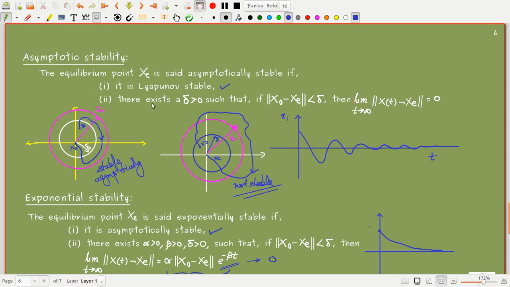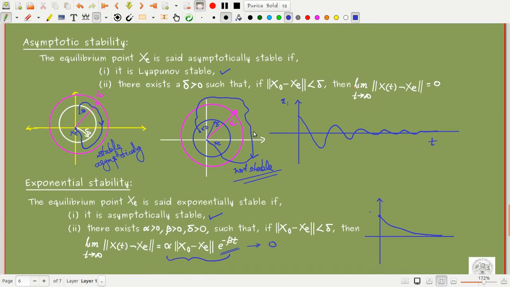That means it is not that the solutions have to reach the equilibrium point. At some point it may reach the equilibrium point. That does not mean that the system is stable. It may have gone to some instability values also. That means the oscillations may be very high and it can break the system also. So that is about some points about the asymptotic stability.